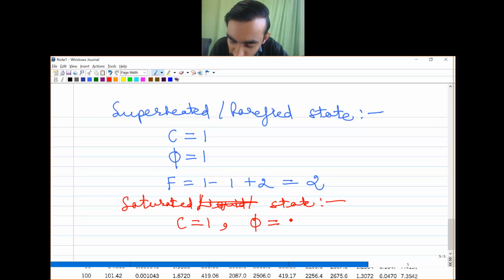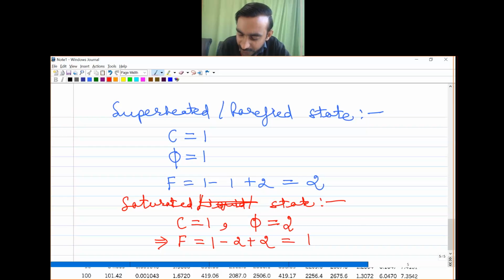If our component can exist in multiple phases, what is the value of phi, and what are the phases? It can exist as liquid and vapor, so it can exist in two different phases. So the value of phi will be 2. That's why, if I calculate f, it will be nothing but 1 minus 2